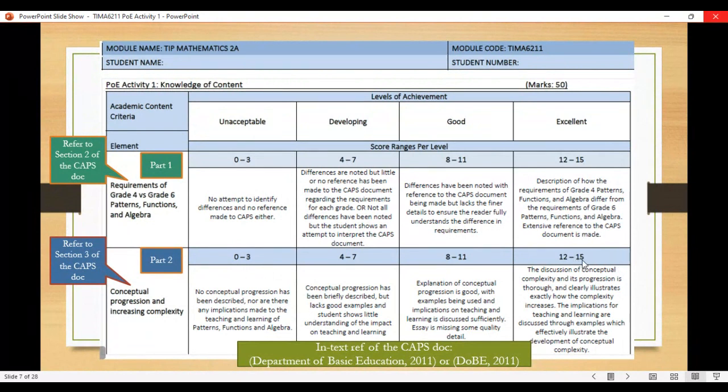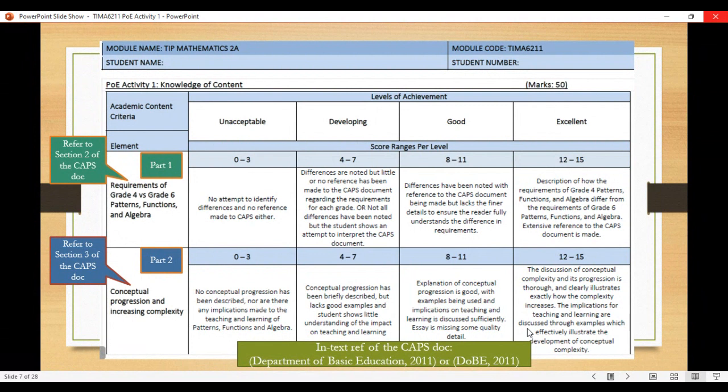To earn 12 to 15 marks, the discussion of conceptual complexity and its progression is thorough and clearly illustrates exactly how the complexity increases. The implications for teaching and learning are discussed through examples, which effectively illustrate the development of conceptual complexity. And if you recall, I said to you that you can use the examples in the CAPS document, and then you have to in-text reference the CAPS document.